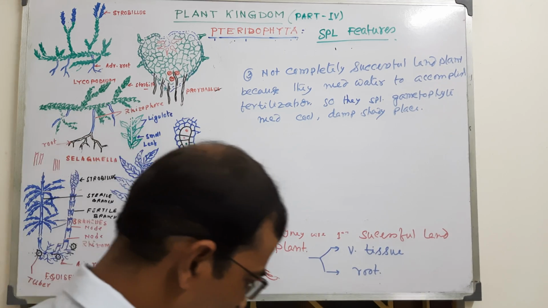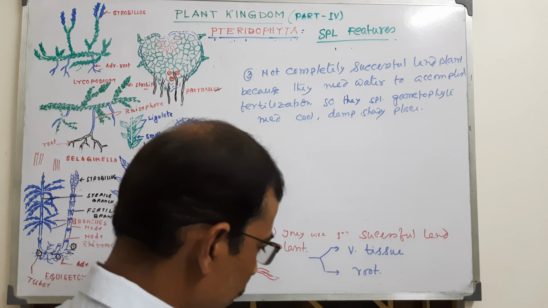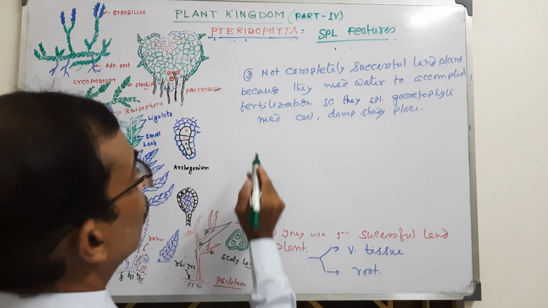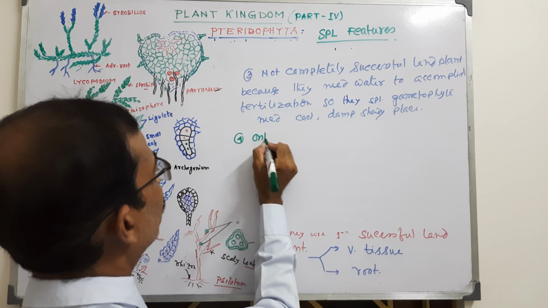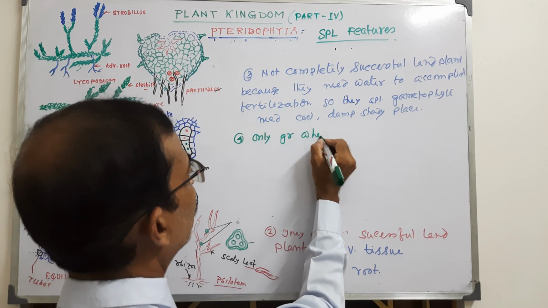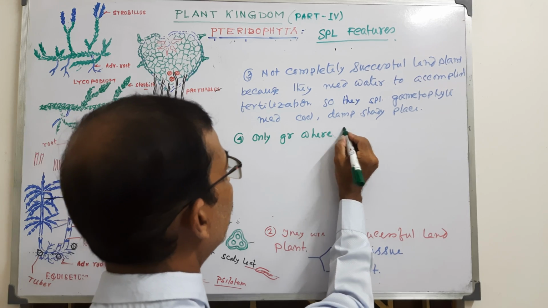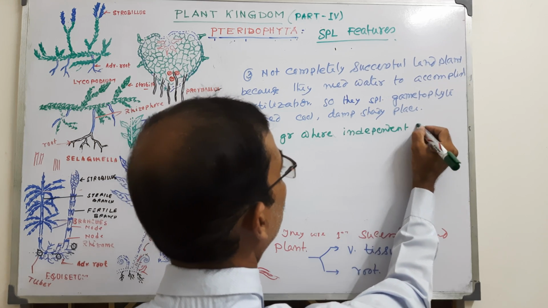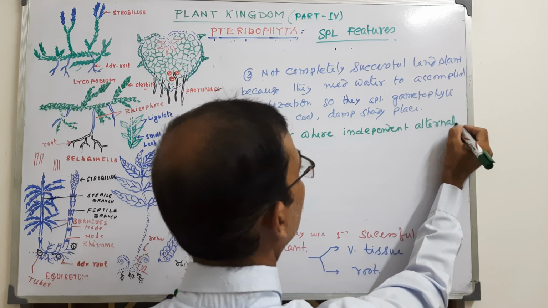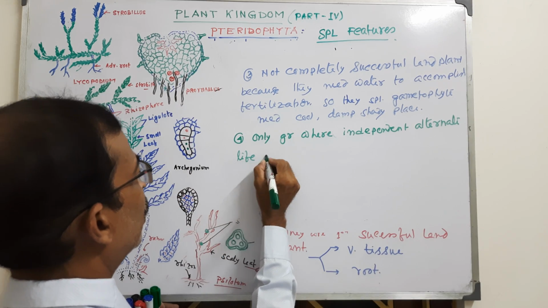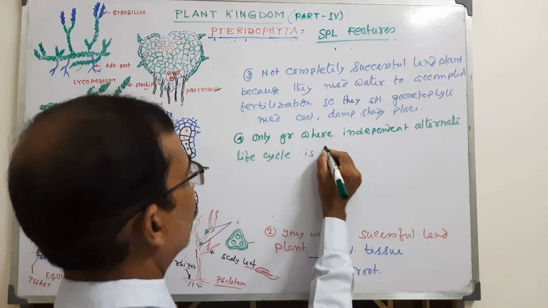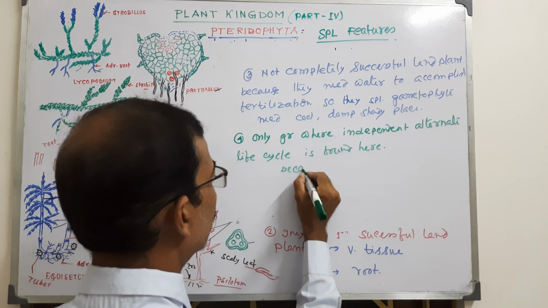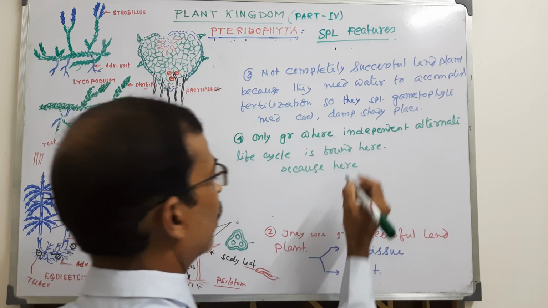Next point, number 4, it is the only group where independent alternate life cycle is found, because here gametophyte